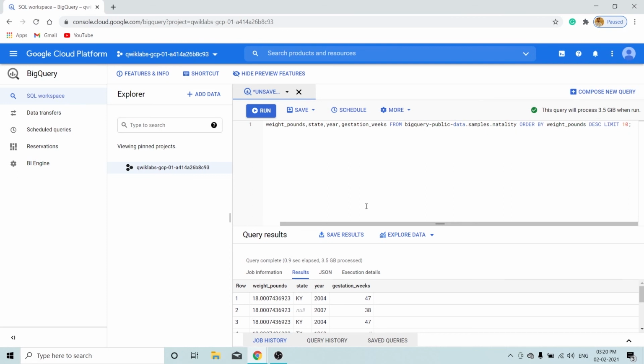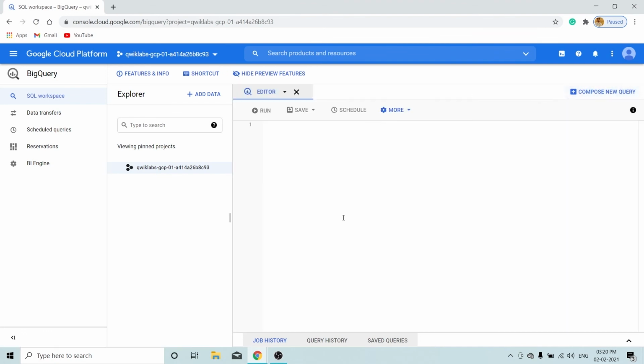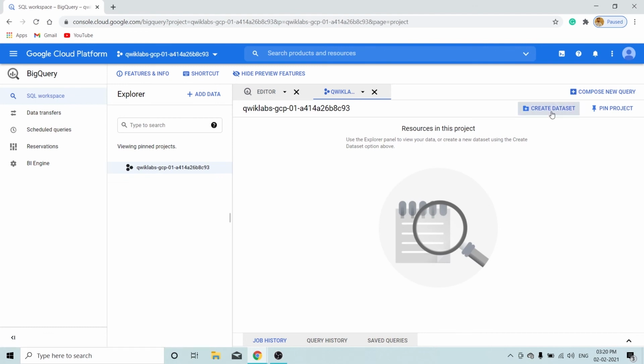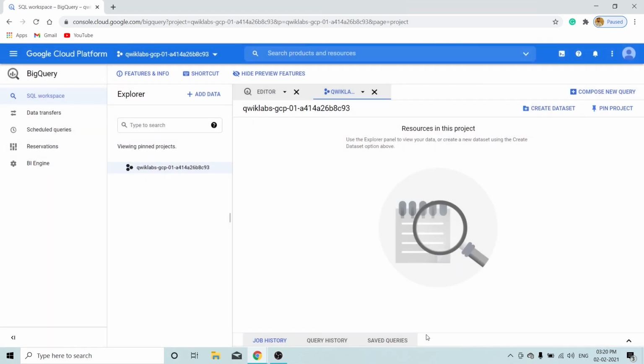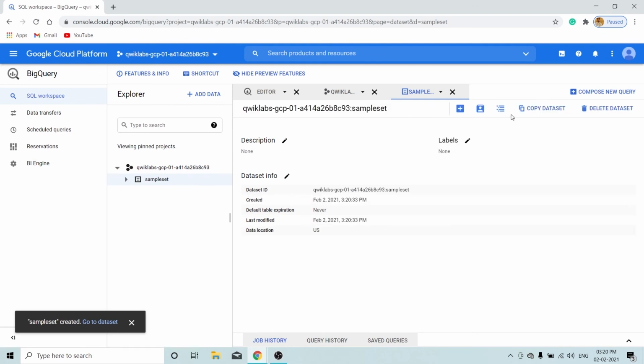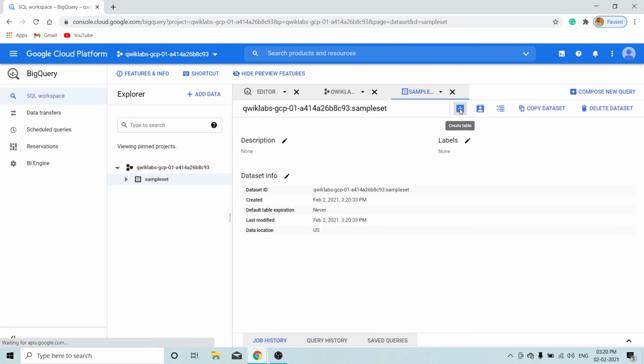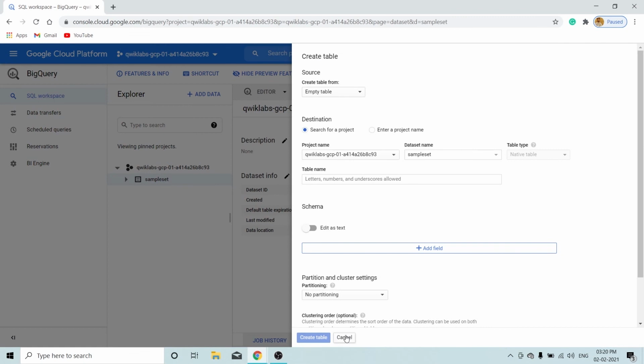And let's just create a data set. So I'll just show you how to create a data set. So we'll just click on project and create data set. We need to mention the dataset ID and we can mention the location and the lifetime of the dataset, and we can also mention the encryption and we can create the dataset. So the dataset is now created and we can create tables inside this dataset, but now first of all I'm